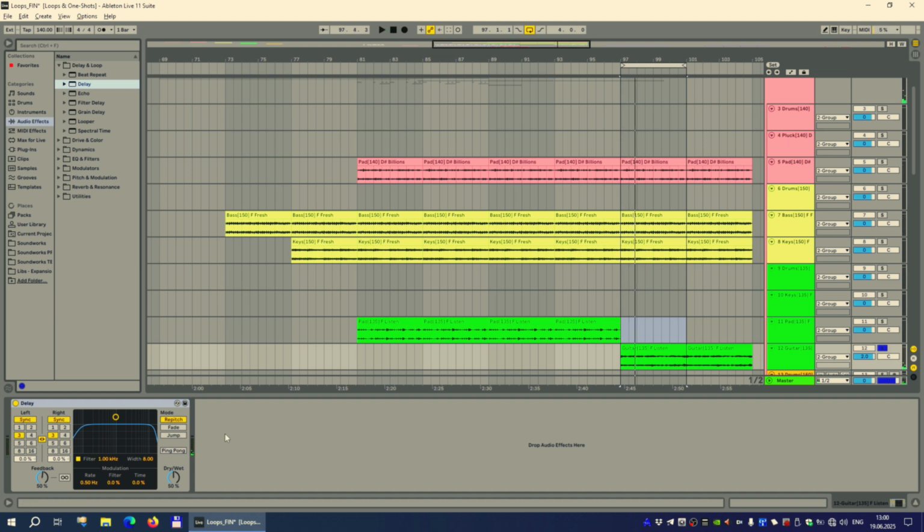So this is how delay looks like. And the first thing I want to do is reduce the feedback because I don't need such a long tail on delay. Then I want to make it a ping pong delay. We can see that the sound now bounces between left and right. And the final thing here that is good for the demo is to set the dry wet knob at 30% or something.